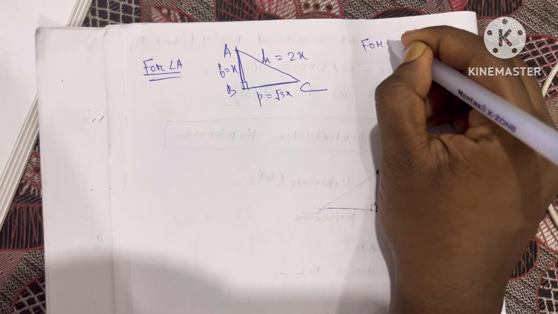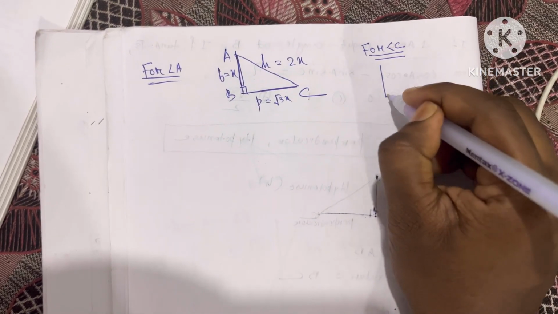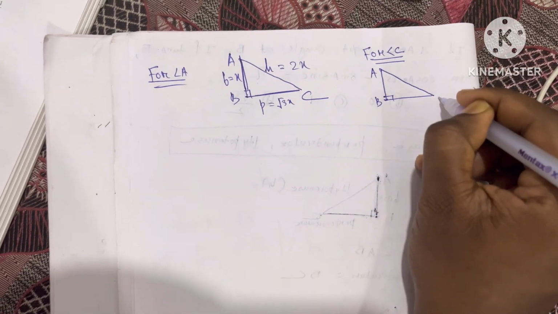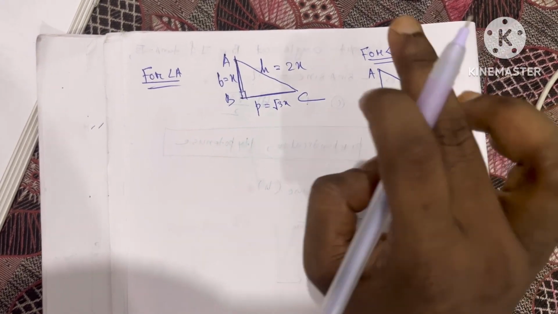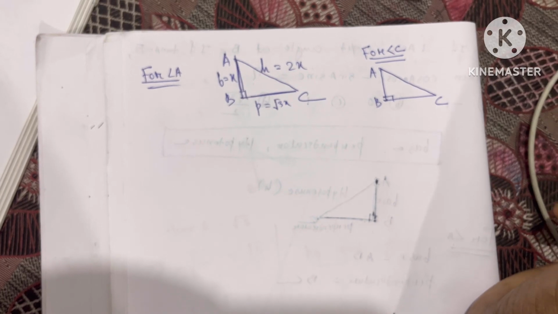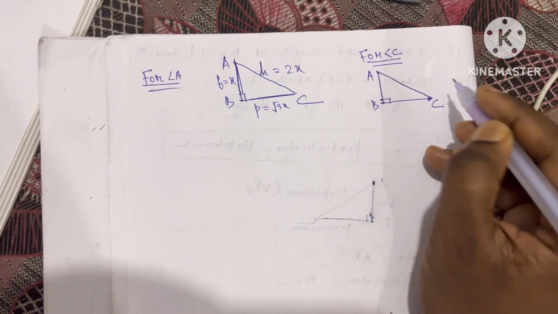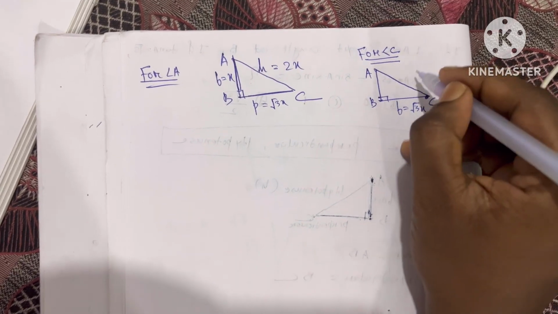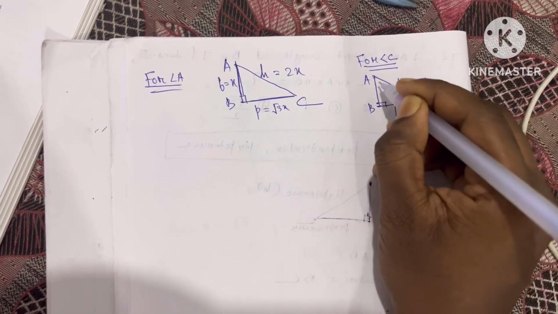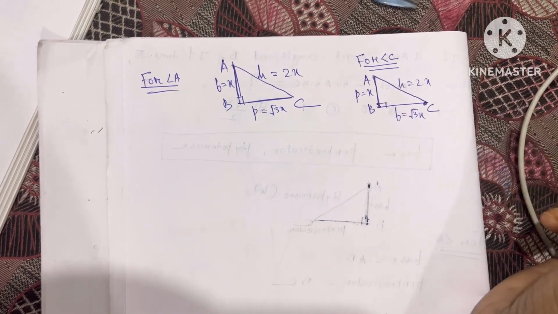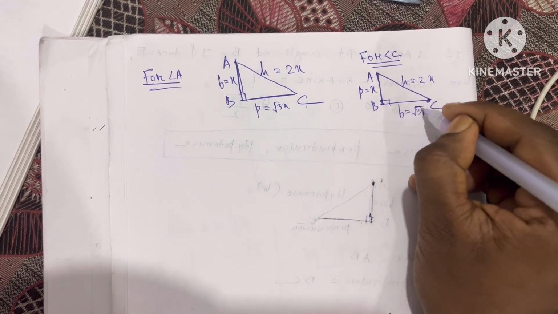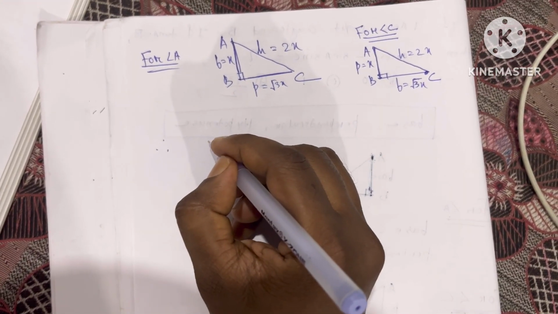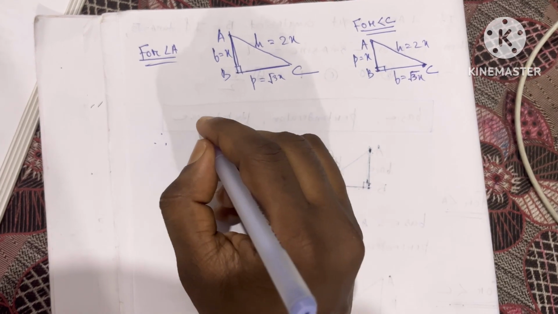Again, if I consider angle C, then for the same triangle, the triangle name is the same, but if we change the angle, the value of base and perpendicular will change. Now I consider angle at C. So for angle C, this is base, so base will be root over 3x. And hypotenuse is fixed, hypotenuse means 2x, and the value of perpendicular will be x. Now our question is, I need to find the value of